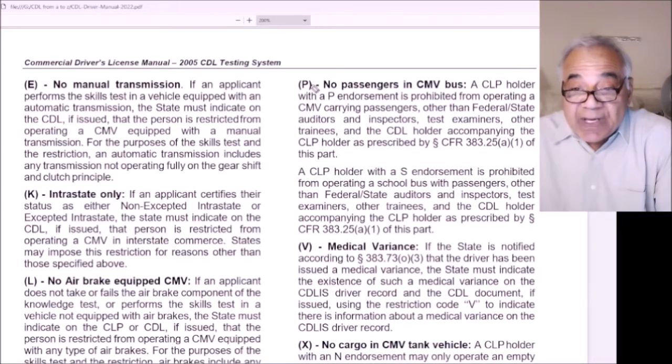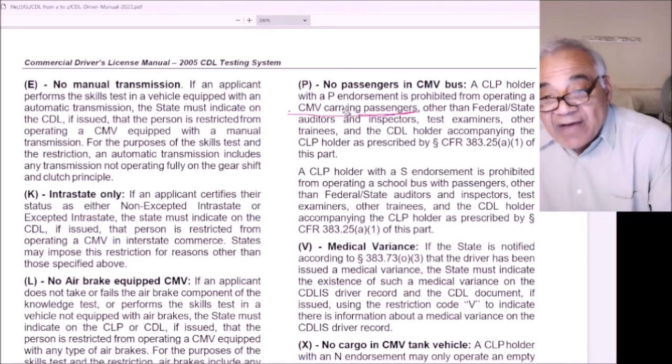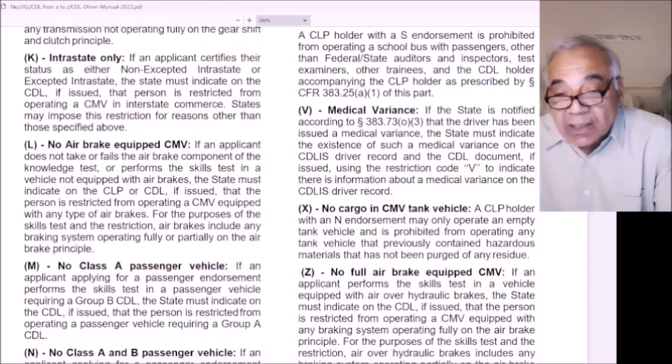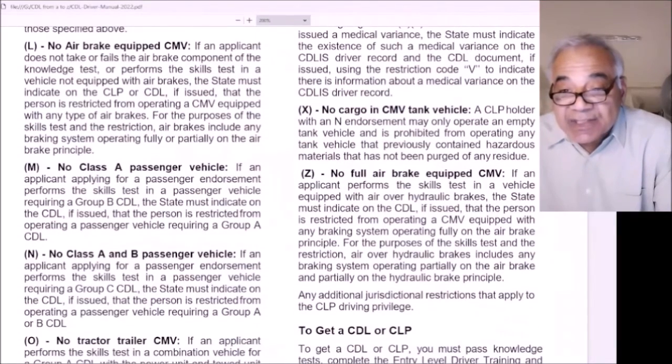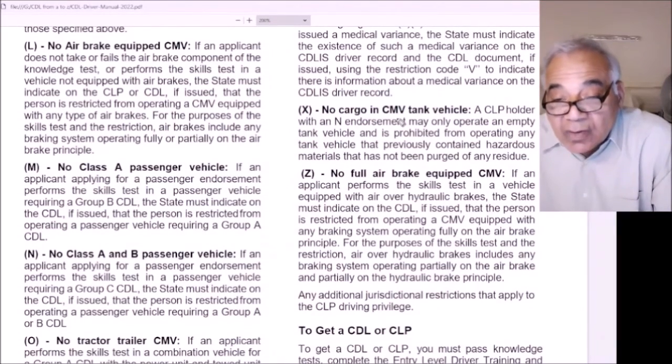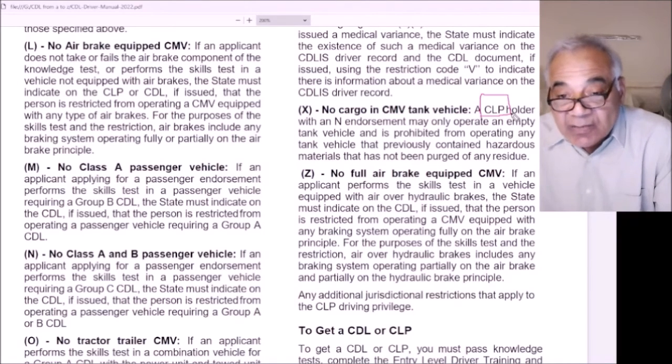The restriction B, no passengers in commercial vehicle bus. That is a CLP learner. You only have a permit, you can only carry the people who are inspecting you. Restriction X, no cargo on commercial tank vehicle. That also applies only to the CLP, the commercial learner permit. The person who is in the process of having only a permit but not fully licensed as a commercial driver